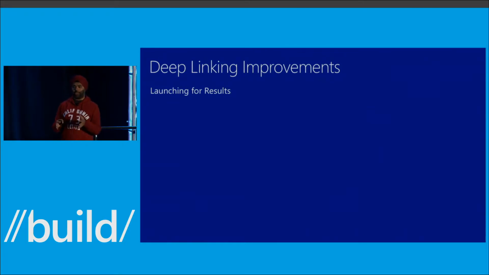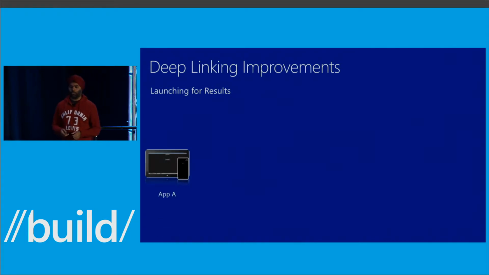Except the user's friends live in another social networking app. Substitute your favorite social networking app here, and you launch that app for results, have the user select their friends, and have that app send the list of friends back to you as a result. So you're launching the other app, except with the expectation that the other app is going to send the user back and possibly some results back.